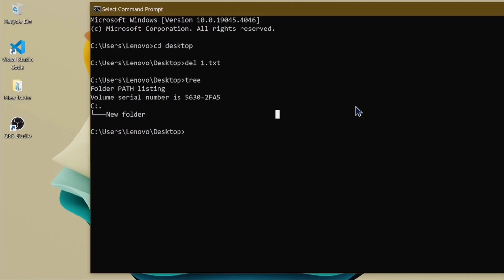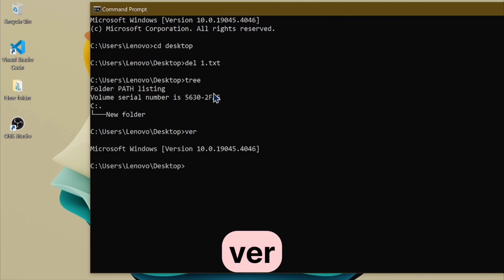Next, we are going to see the version of your PC, so for that we are going to write VER, okay. VER लिखने से आपको एक वर्जन मिल जाएगा, आपके पीसी का कौन सा वर्जन है।